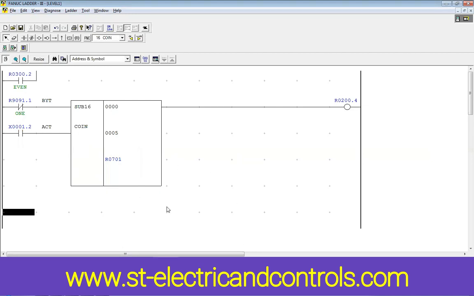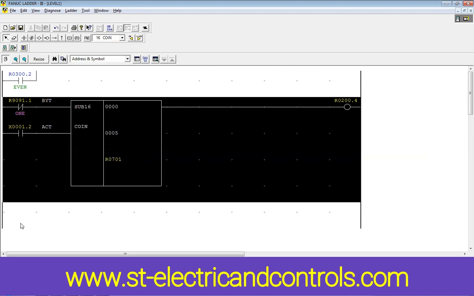So whenever the value 5 comes in register R701, both are equal and the output is on. And whenever the value in R701 is 3 or anything other than 5, the output is not on. So I am using the coincidence instruction with the input data address as a constant value directly.